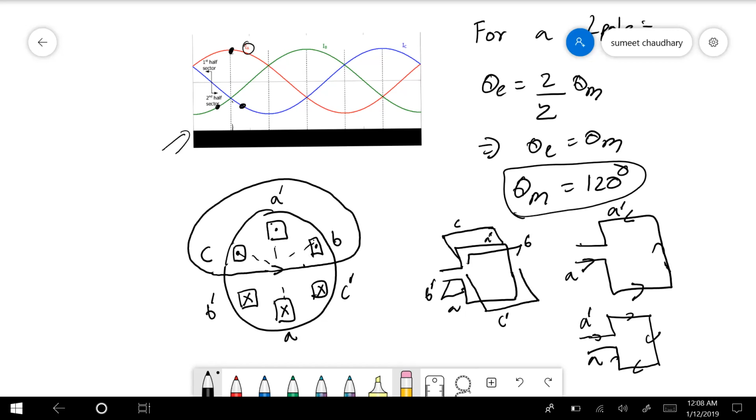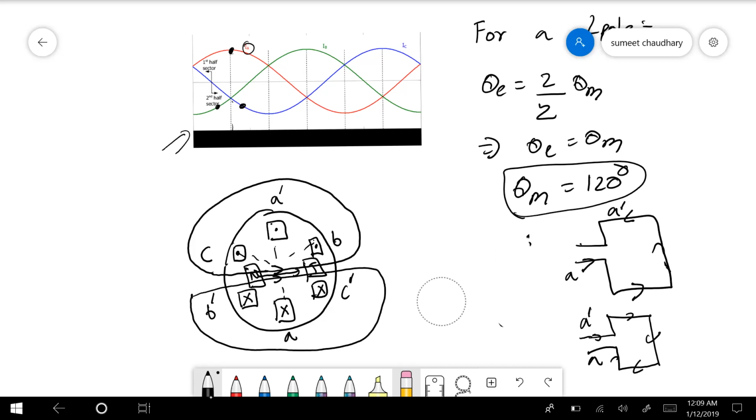Now, according to the right hand corkscrew rule, the magnetic field generated over here would be going in this direction, and similarly from the right hand corkscrew rule we find that our magnetic field in this case would be going in over here. So hence the resultant magnetic field vector would be in this direction, and we all know from a magnet that the fields go from the north to south. Therefore your north pole would be here and your south pole is over here. So now moving forward,